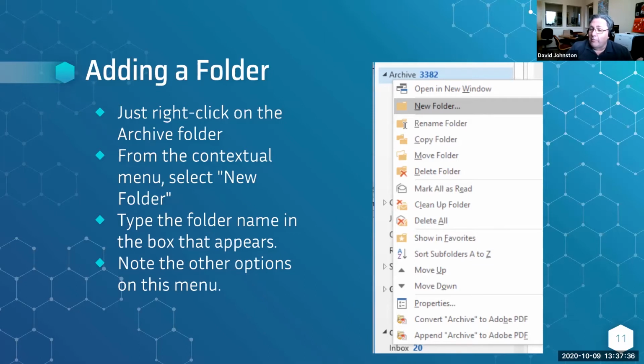You can rename a folder, make a copy of it. You can delete everything in a folder. So if it was for a project that you don't need anymore, you can delete them. Up at the top is your favorites. And so if there's one folder you're using all the time, you can make sure that's up in your